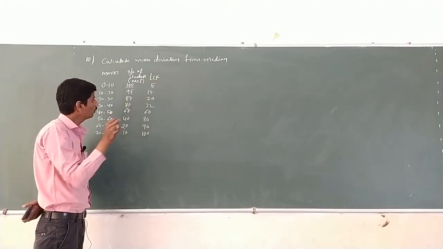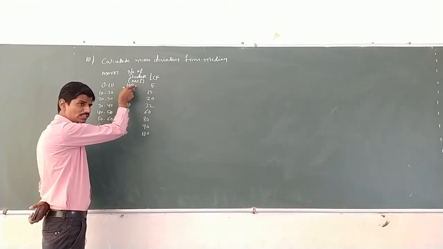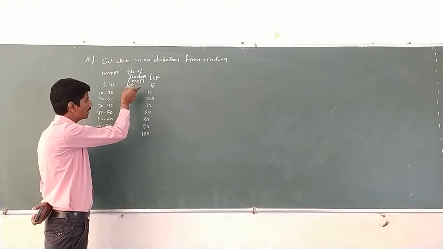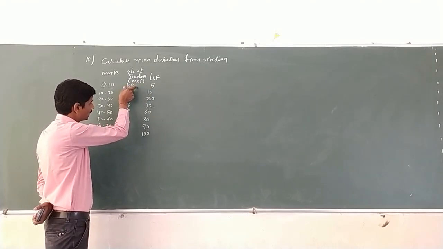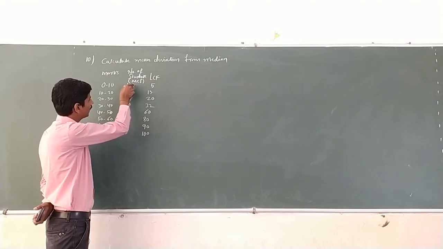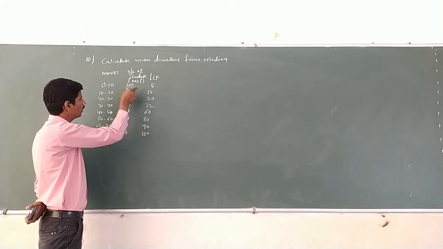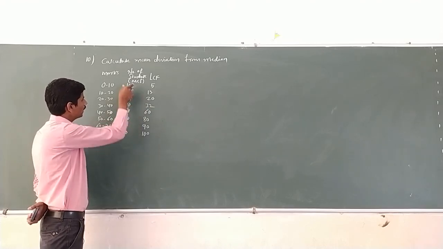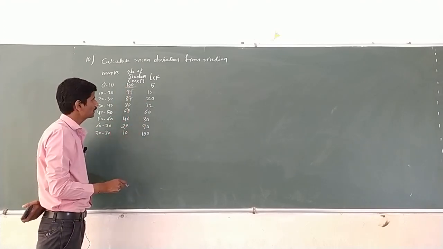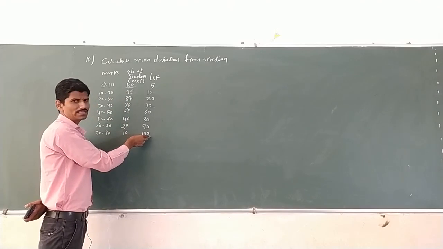How to convert MCF to LCF? The highest MCF is 100. 100 minus the second MCF, 95, is 5. The highest minus the third MCF, 100 minus 87, is 13. 100 minus 80 is 20, 100 minus 68 is 32, 100 minus 40 is 60, 100 minus 20 is 80, 100 minus 10 is 90. The last LCF is always the highest MCF, so you put the same, 100.